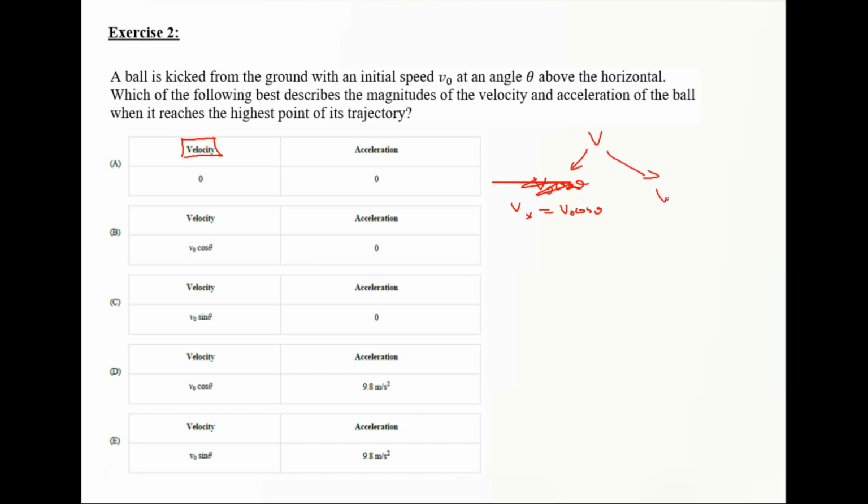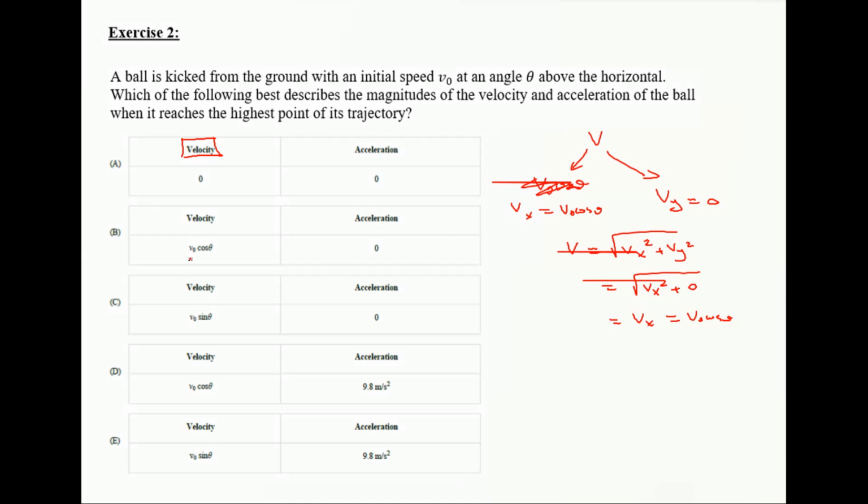And vy would be 0 at the highest point, which makes the total velocity the Pythagorean sum of this and that, which means the radical of vx square plus vy square, which means it is a radical of vx square plus 0, and that would be vx, because the radical cancels with power 2, and that would be v0 cosine theta. Then the velocity at the highest point, we are talking about the total velocity, and not the vertical velocity, would be v0 cosine theta,